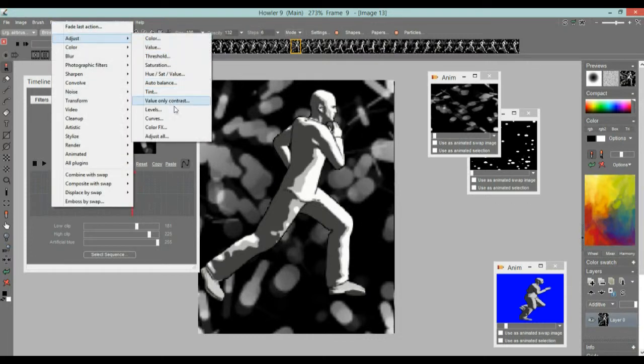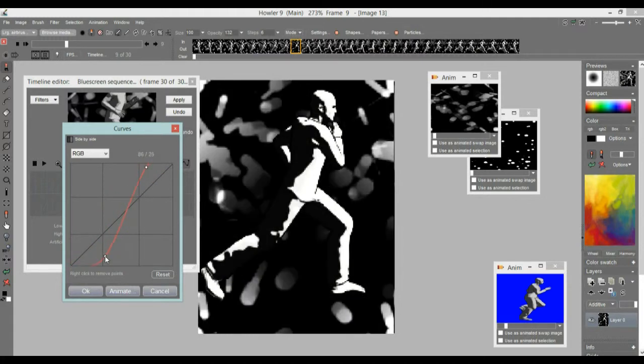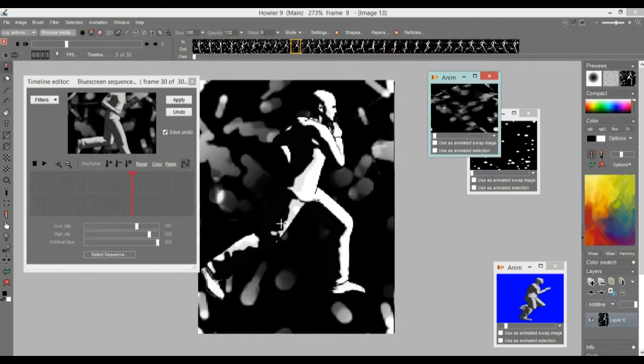Under the filter adjust curves, you can change the distribution of the pixels so that it's a little bit more saturated to bright at the top and a little bit more saturated to dark at the bottom. So you can create very high contrast versions here. But you see that depending on how far we go with that, you can also still see a little bit of the mid-gray values, and those are the ones we want to open up as holes in the image for our tunnel walls. So animate that means we apply that to the entire sequence. And now we can take that for